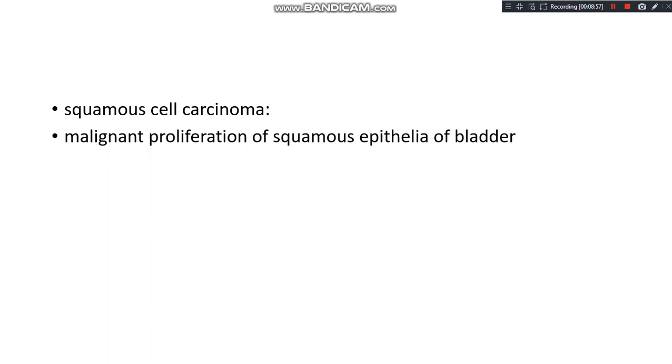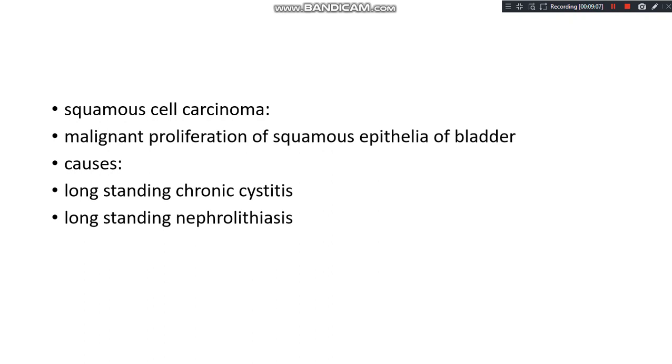That is just because when there are chronic conditions like chronic cystitis, what happens? There is metaplasia of the bladder. That condition also mostly occurs in the bladder. So there is metaplasia, just as a compensatory process. This transitional epithelium converts into squamous epithelium, and then cancer develops within the bladder. This is because if the patient is not treating themselves, then this squamous cell carcinoma can occur. So it is a malignant proliferation of squamous epithelium of the bladder, and the causes are long-standing chronic cystitis,